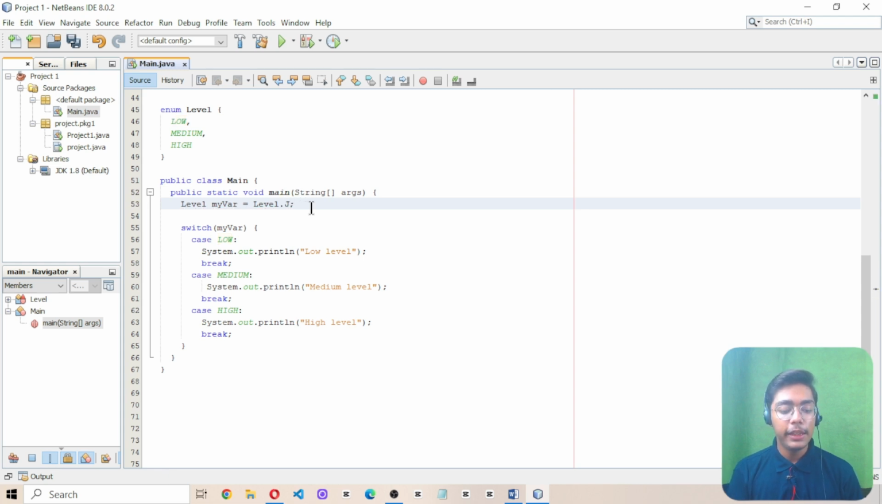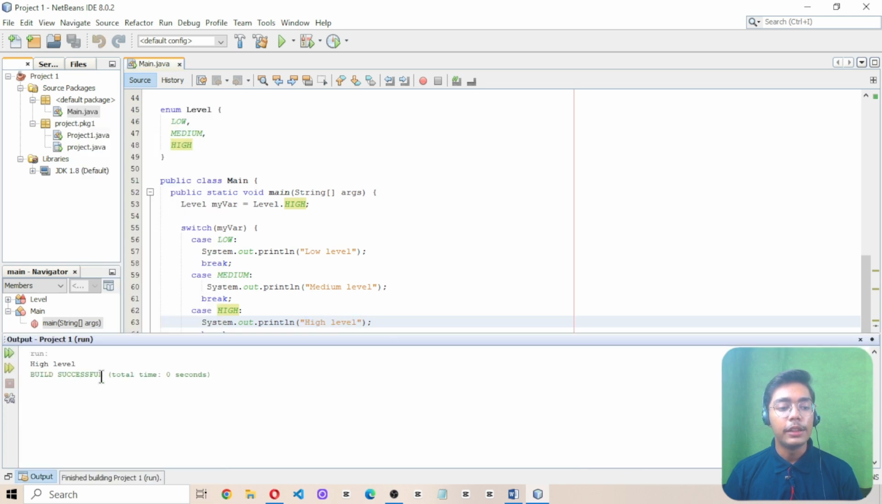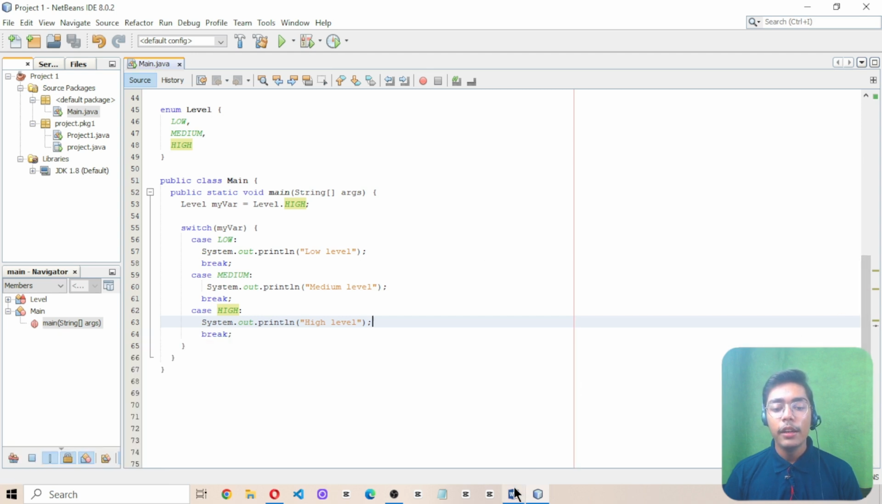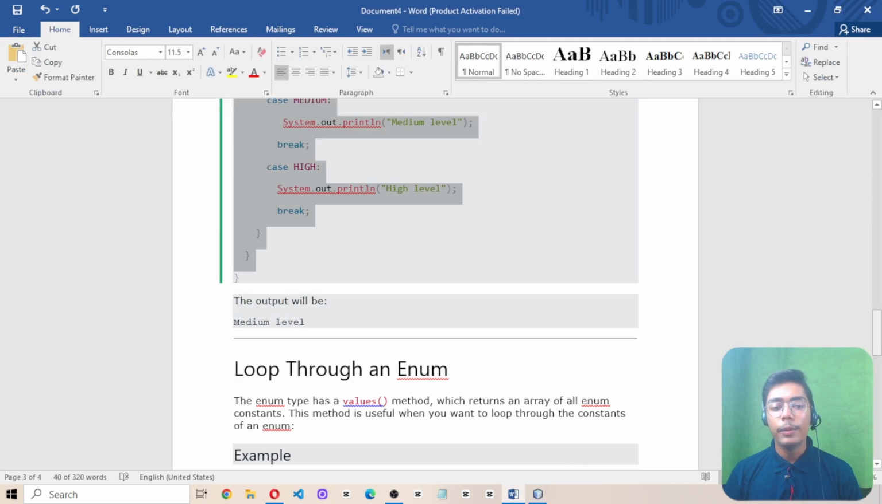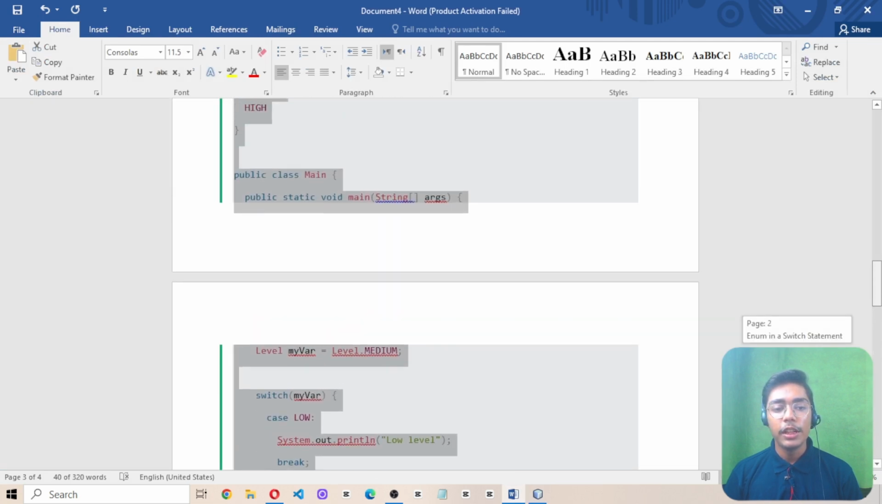So now you will be seeing that this time we will be getting high level printed in the output, because in this high case we have written this high level text. So that's the reason we will be getting this printed. If I run, you can just see we are getting high level printed here, and that's the way how you can use enumeration in Java. So I hope you understand how you can use enumeration in Java with switch statement, and normally how